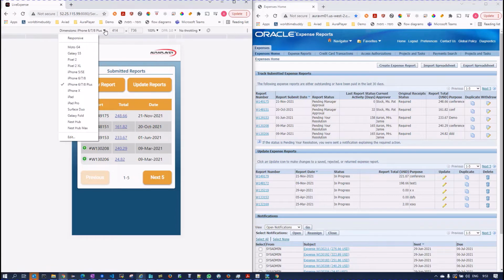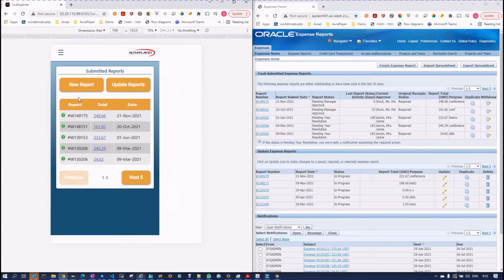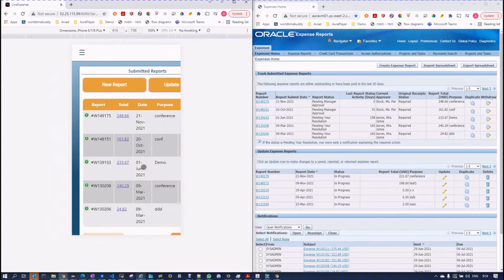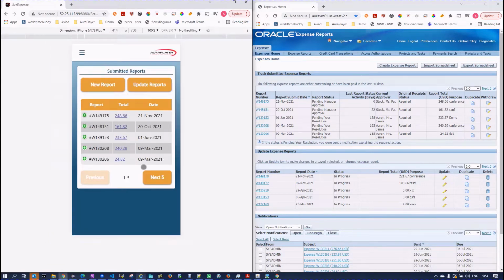If I will change it, for example, to an iPad, it will just fit itself to an iPad, and so on. So this is a flexible UI that knows to fit itself to any device. Let's get back to the iPhone simulation, and